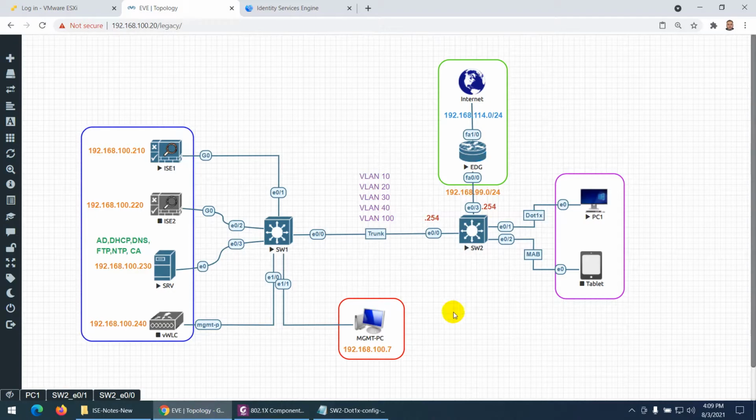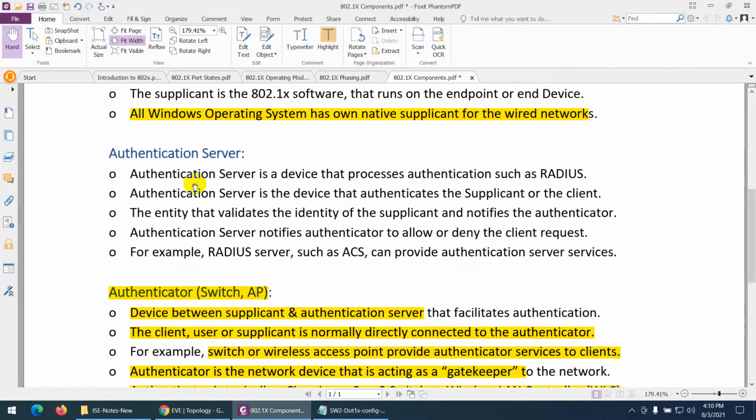So now we know two things. In the process of 802.1X, we need three components: endpoint, authenticator, and now we come to the main device, which is ICE. That is called the authentication server. This was authenticator and this is authentication server. The authentication server is a device that processes authentication, such as RADIUS. It will process the RADIUS packet.